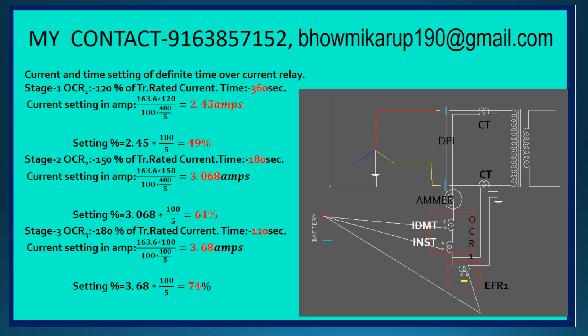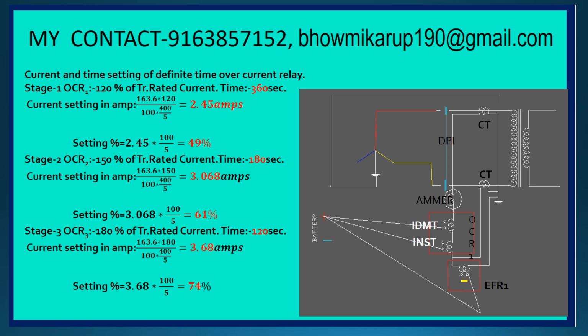In the picture we can see that stage 1 current setting is 120% of the rated load current. So it is very easy. Already you have seen in the previous video. 120% means your rated load current is 163.6, and multiply it with 1.2 and then convert it into secondary. So it is coming around 2.45 amperes. This is your current setting in the relay,